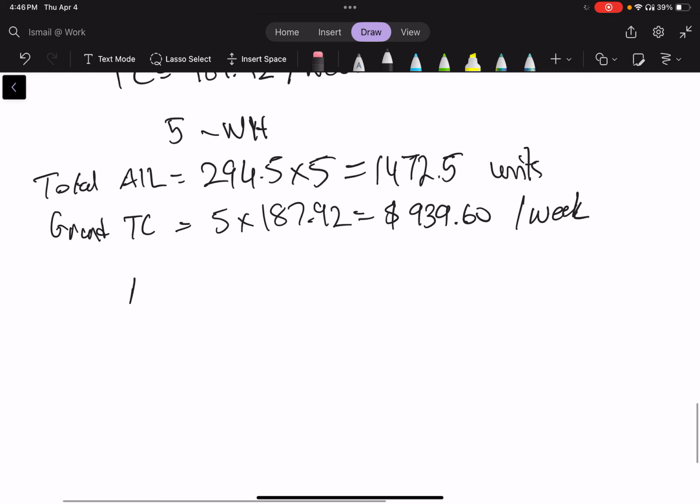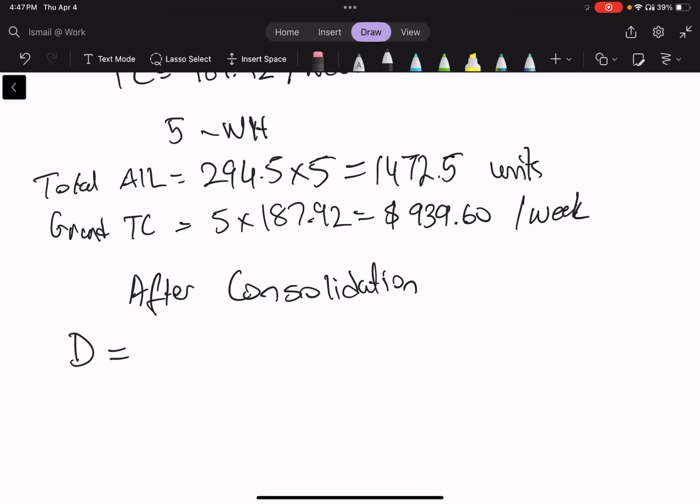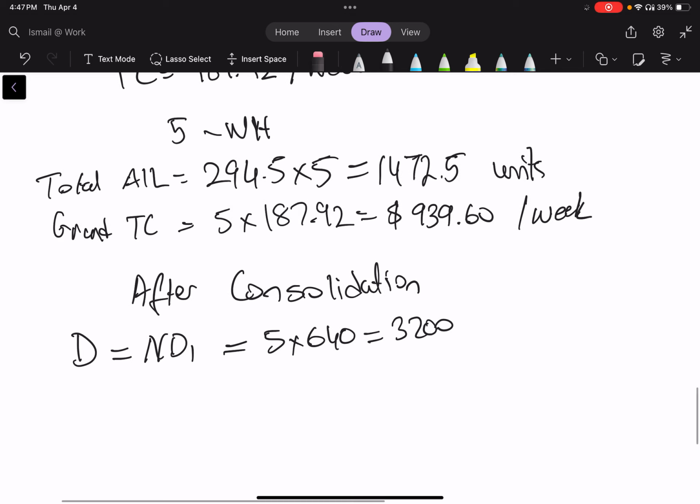Okay. Now, after I consolidate, right, first the demand is going to change, right? We said n times d1, that is 5 times 640, right? At this new location where I consolidated the inventory that was kept at 5 different locations before, I'm going to see a demand of 3,200 per week, right? And my standard deviation is going to be,